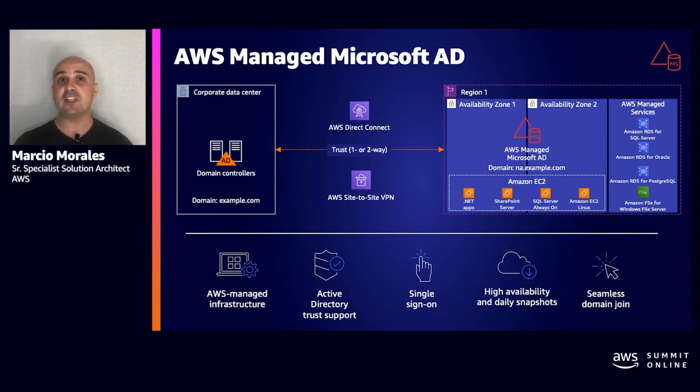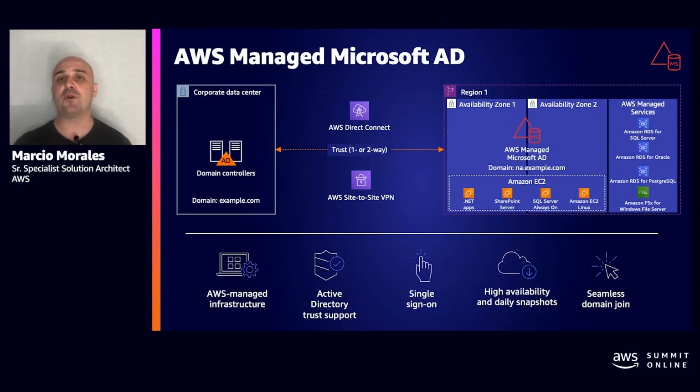So you can select specific users from your on-premise Active Directory to be able to log in on resources on the AWS side. On the AWS side, resources like Amazon EC2 instances, Amazon RDS for SQL Server, Amazon RDS for Oracle, Amazon RDS for PostgreSQL, and Amazon FSx for Windows File Server can be joined with AWS Managed AD. The benefit of using this approach is that AWS manages the infrastructure, the Windows Server, and the Active Directory. So your responsibility is to manage objects within this Active Directory domain.